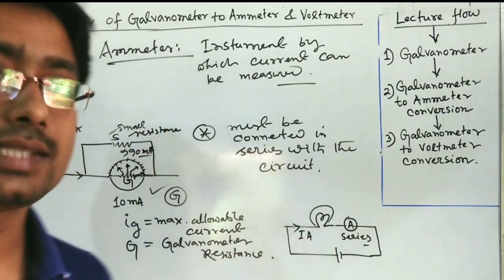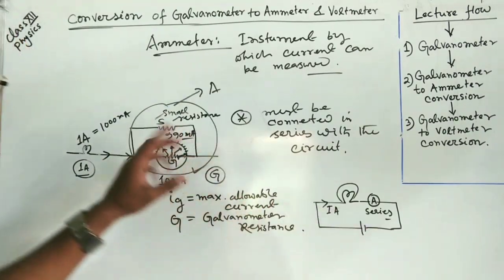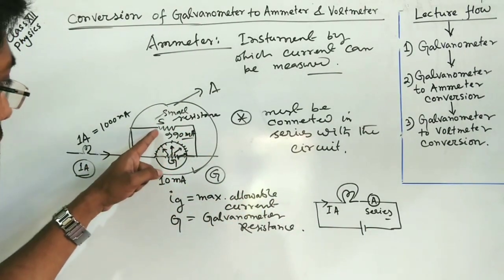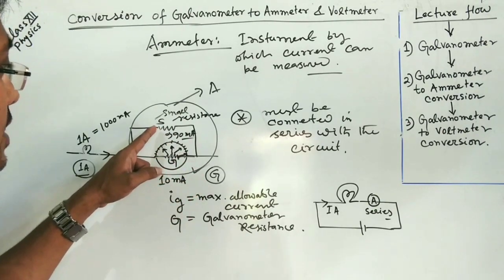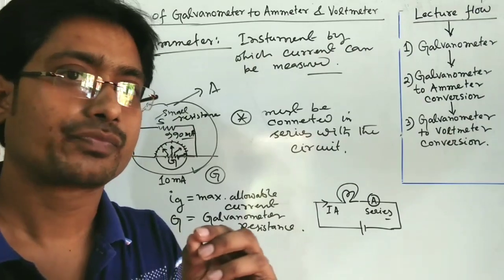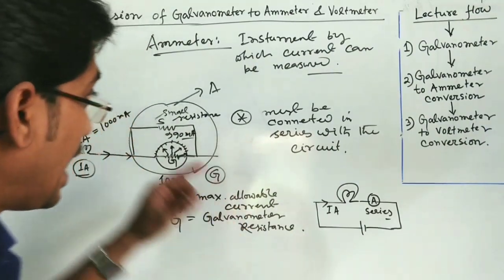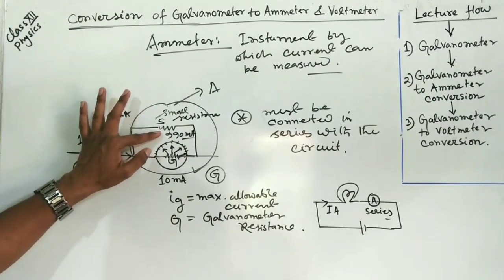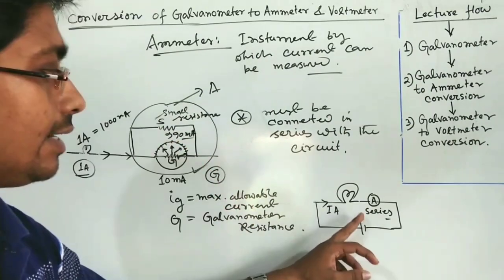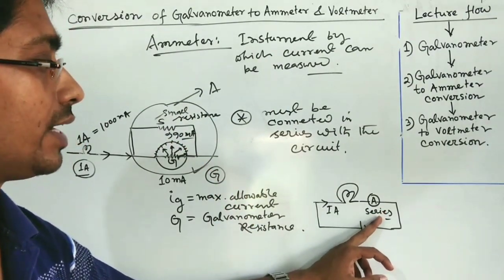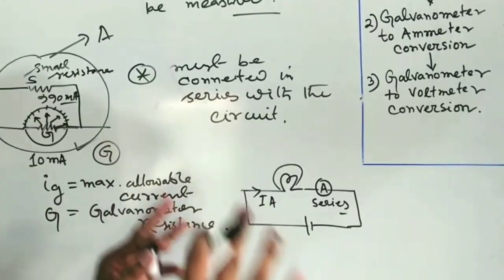And the second thing is that a galvanometer with a shunt is known as an ammeter. So what is happening here? One resistance, the second resistance: galvanometer resistance with a small amount of shunt resistance. In a parallel combination, the equivalent resistance is always very less. As we have connected a very small shunt, as a whole the resistance of the ammeter is very small. That's why it will draw a very small amount of current and it will not affect the actual current in the circuit. I will make you understand.